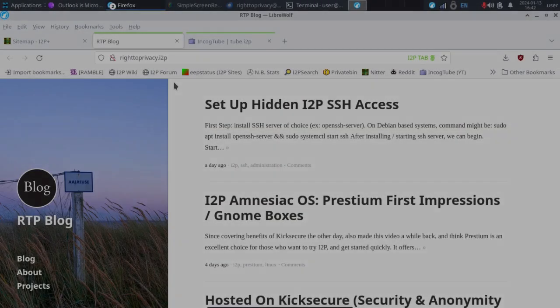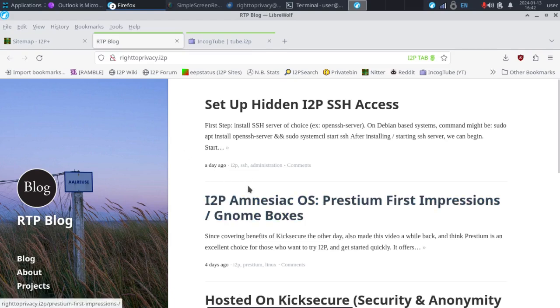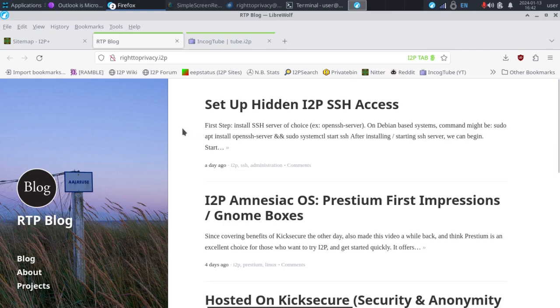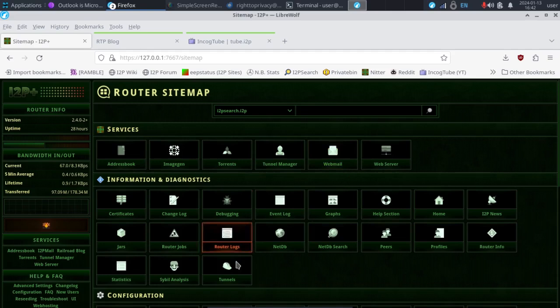Hey guys, so the other day we had part 1 and part 2 of setting up an anonymous website on the I2P network, the Invisible Internet Project. One reason I really like I2P is there's just so many features. You can change the way it behaves and your tunnel length as well, something I'll be covering as well. And that's not always an option on other networks. Some things are more static, but on here you can change the behavior of the tunnel,